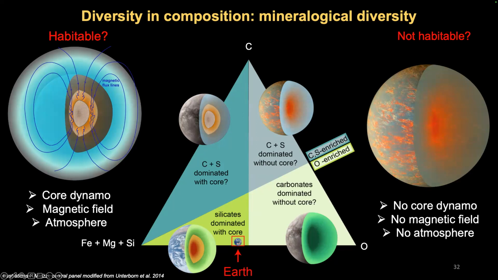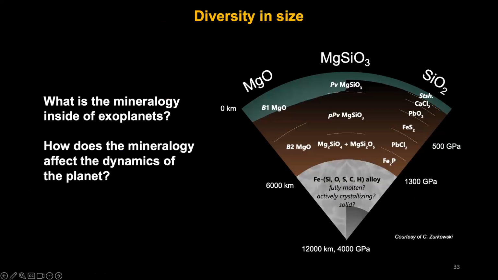In this case, for example, if we have a core, we might have a magnetic field, and we might have a water layer. If we don't even have a core, we might not have a magnetic field, so we're just a bare rock. As for differences in size, I want to draw your attention to the fact that